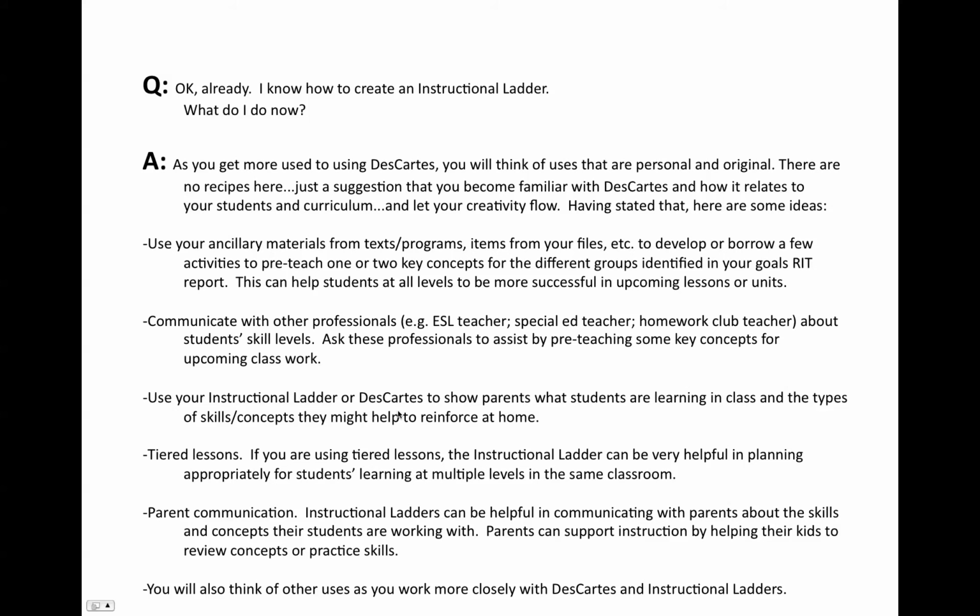You can use your instructional ladder or DesCartes to show parents what students are learning in class. You can tier lessons, and you will also think of other areas to use DesCartes and instructional ladders as you move